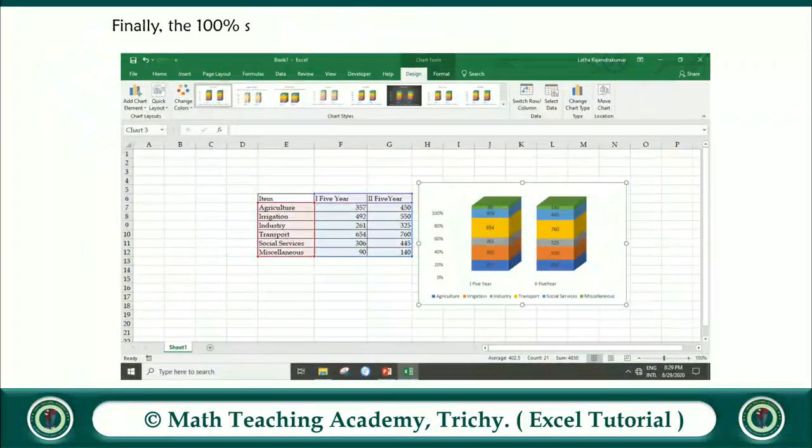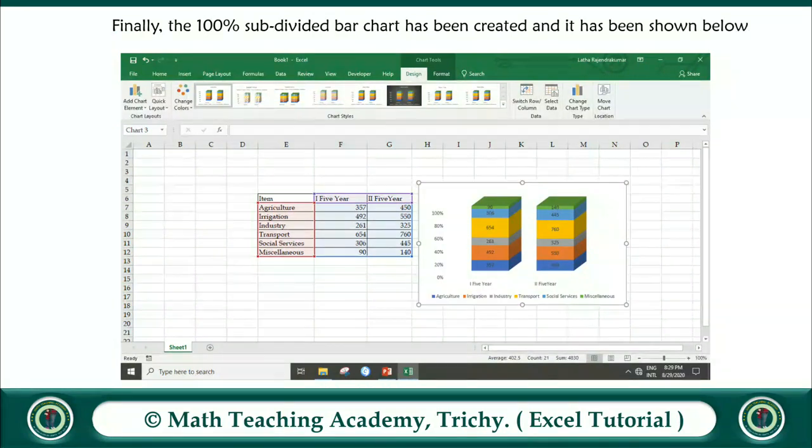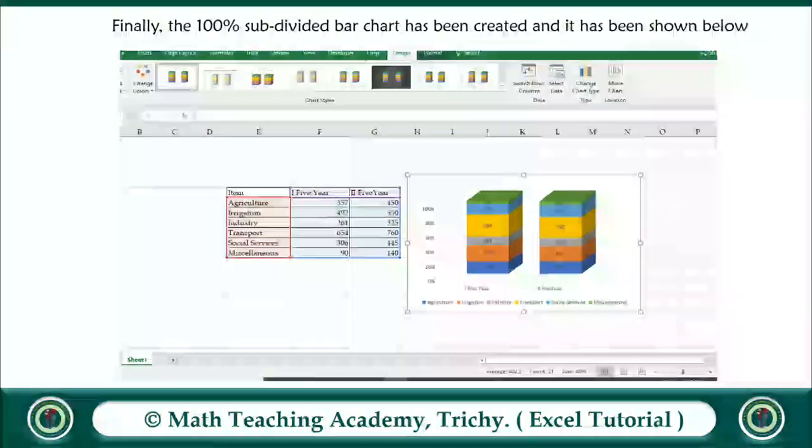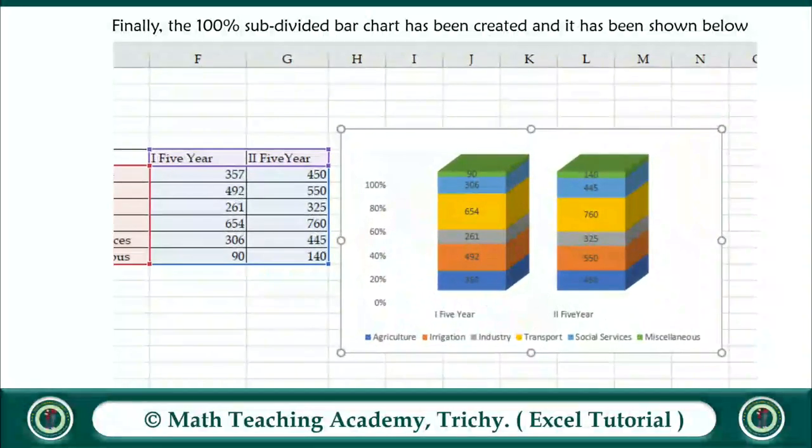After the layout has been chosen, your inserted chart has been changed as per the selected layout. Finally, the 100% subdivided bar chart has been created and it has been shown below. So this is the inserted 100% subdivided bar chart.